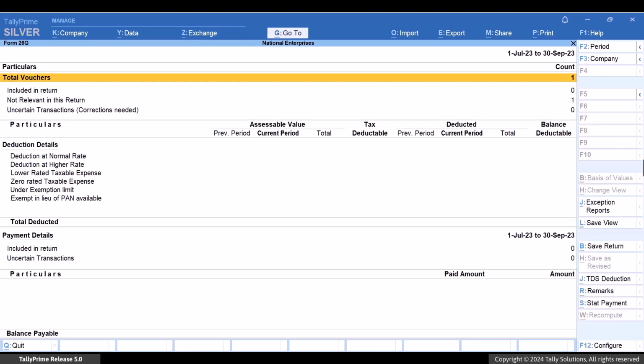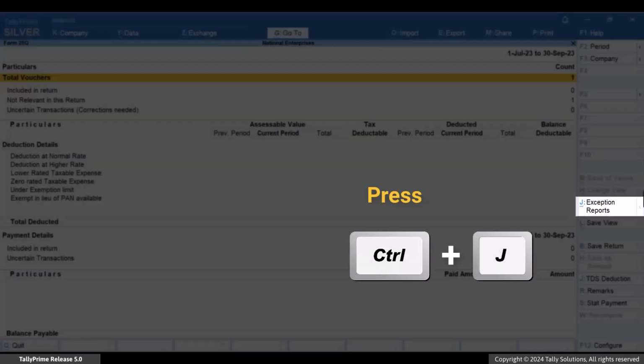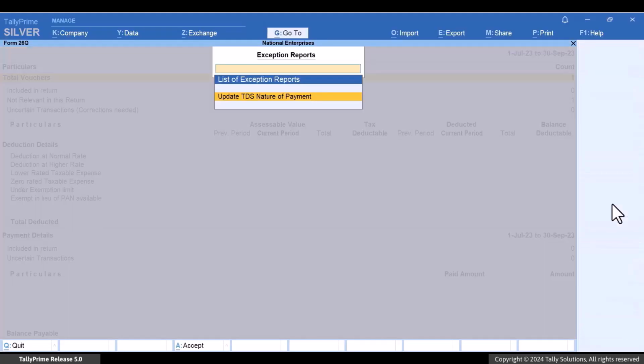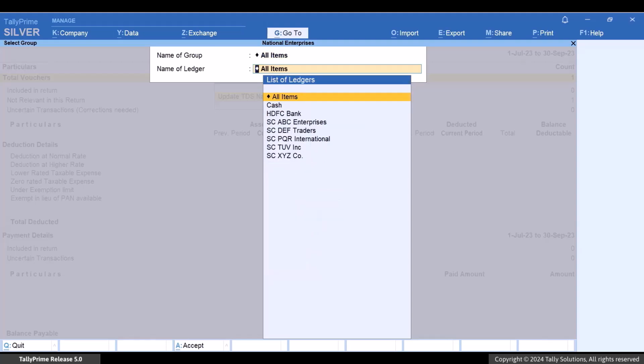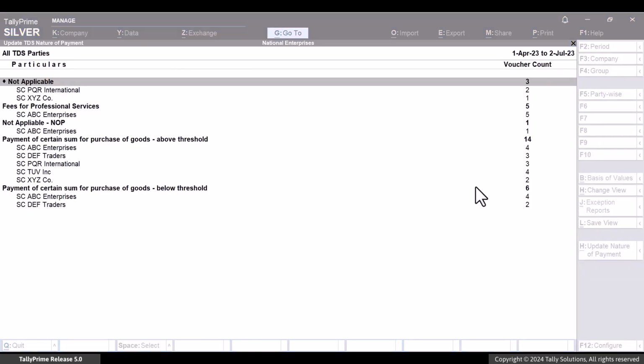Press Ctrl-J or click the Exception Reports right button. Select Update TDS Nature of Payment from the list of exception reports. You can select the name of group and name of ledger if required, or select all items and press Enter.